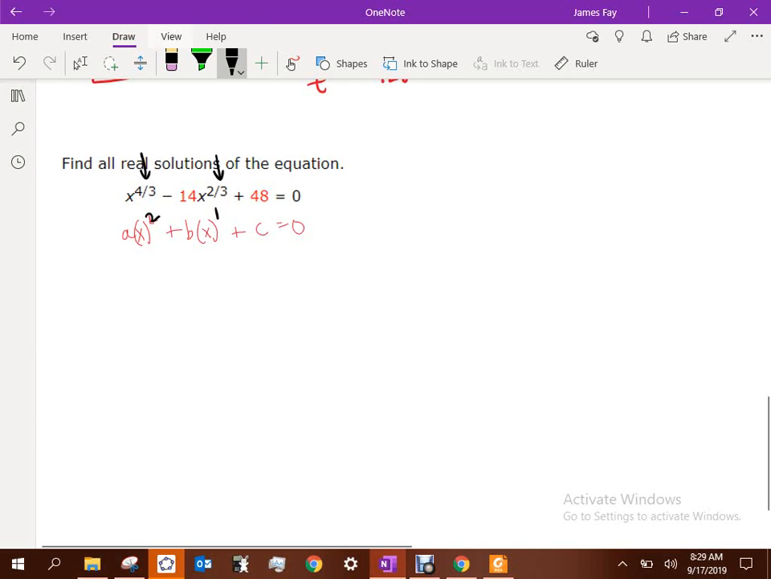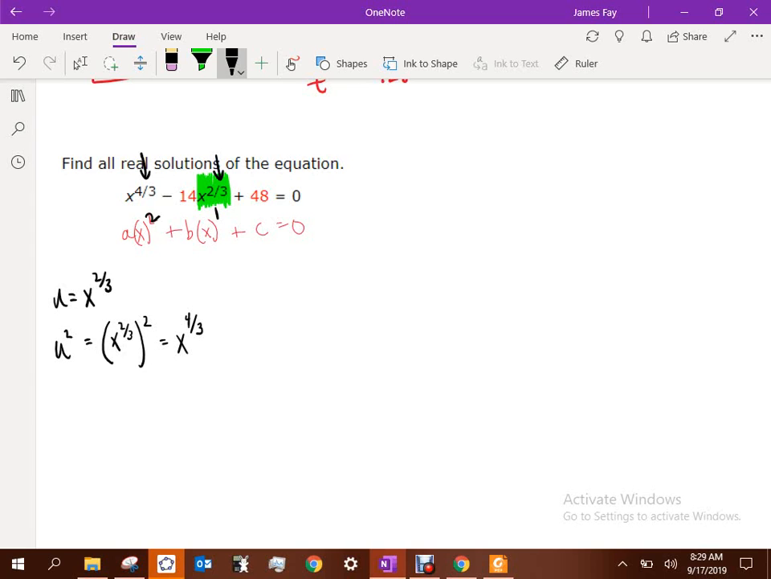So what we can do is the U substitution technique. So we're going to let that thing right there be U. So we're going to let U equal x to the 2/3. Then U squared is going to be that squared,